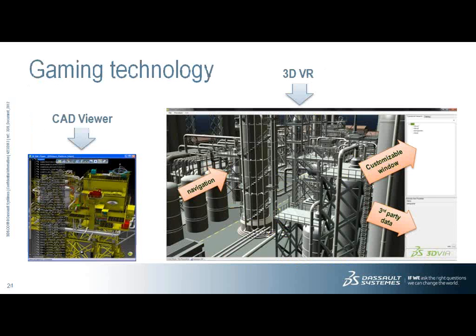All right. So here's something that I show when I talk about knowledge transfer, because I always get the question about CAD versus VR. And Dassault, we've got all of the 3D, so I just went in and asked somebody for a screenshot of a CAD viewer. We have the CAD, our 3D Live is our CAD viewer, and then I got a screenshot of the equivalent asset or facility using our gaming technology, our 3D VR viewer.